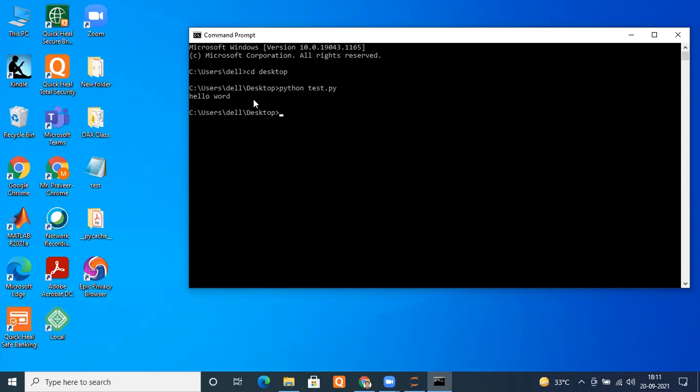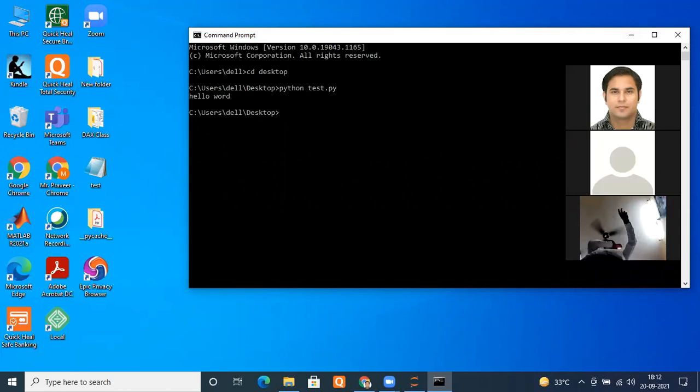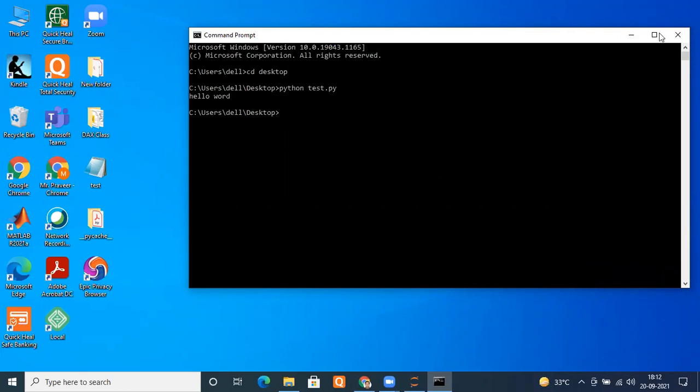But if we are sharing the PYC file, then what happens? We don't have to use that Python compiler. Your time will already be saved, because you are sharing the PYC file. PYC means Python compiled file. So one step will be skipped. In smaller programs like 1 line, 2 lines, 10 lines, 15 lines, it may not be visible, but if your program is 1,000 lines, the time will definitely be a factor.